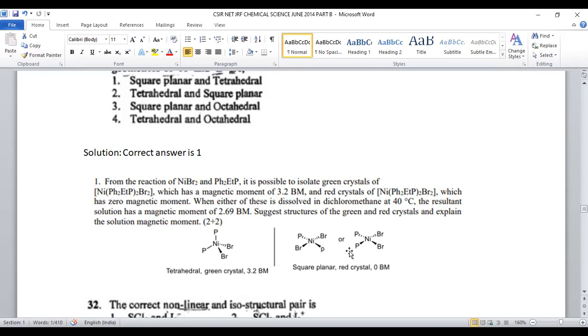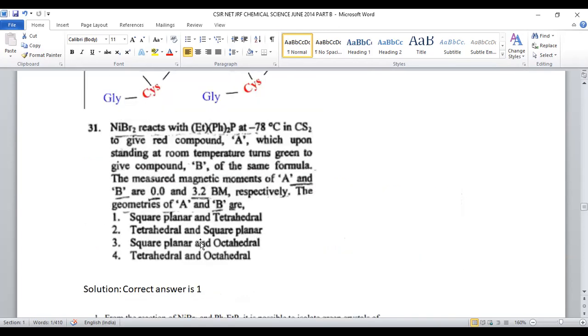Whenever the molecule exists in square planar geometry, being dsp2 hybridized, nickel is always considered low spin, and all the electrons are paired. When electrons are not free, you can assign its magnetic moment as 0. So from that data you can clearly understand the square planar complex will be red, that is compound A, whose magnetic moment will be 0, and the green complex will be tetrahedral, sp3 hybridized, whose magnetic moment will be 3.2, right? So compound A